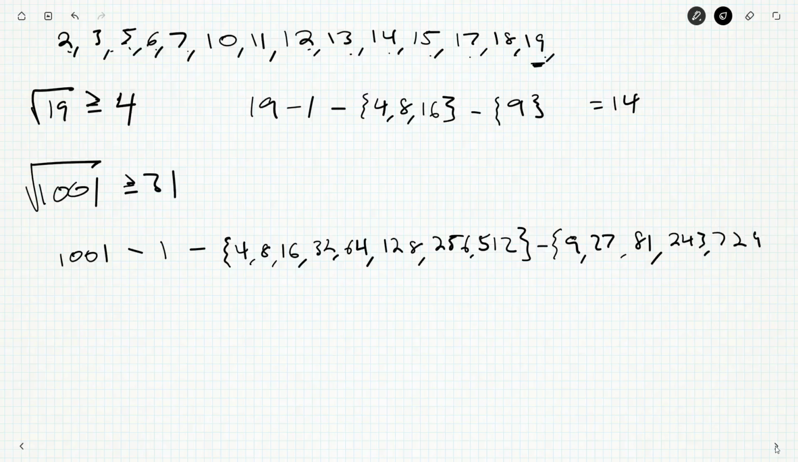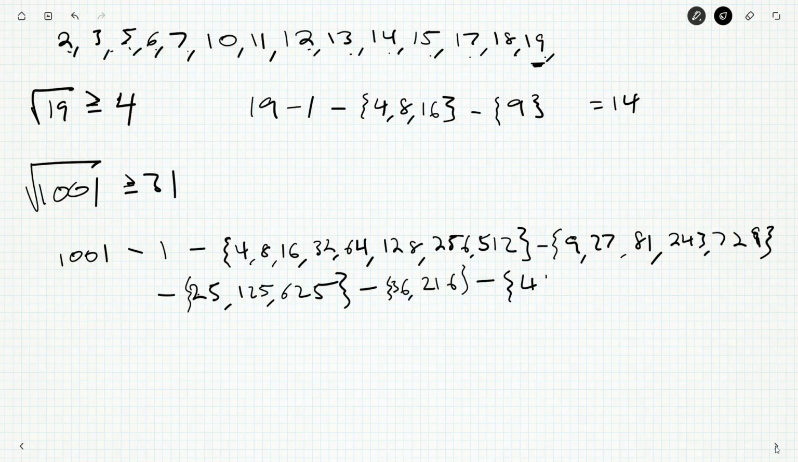243, 729. Don't need powers of 4. Powers of 5: 25, 125, 625. So these are actually getting away pretty quickly. Minus the powers of 6. So 36, 216. The next one's 1296, something. Powers of 7, so 49, 343. The next one's too big. Minus,